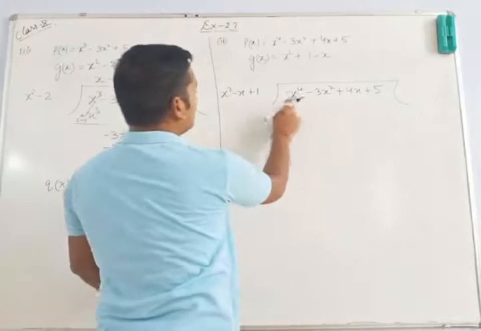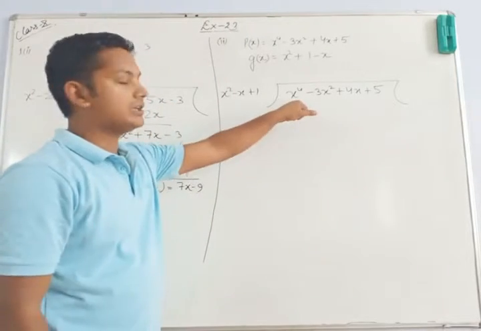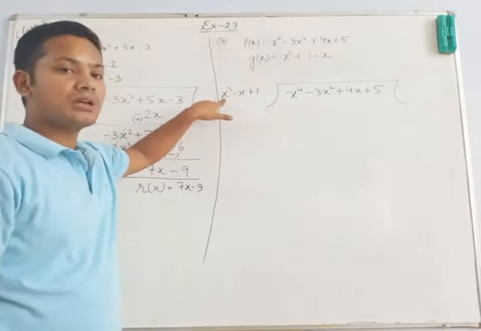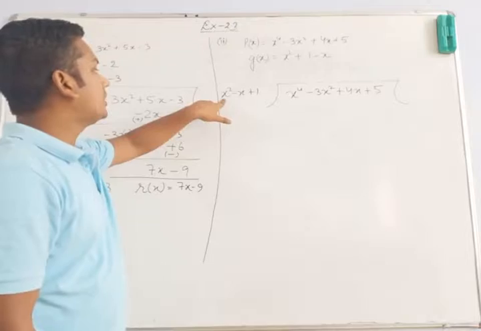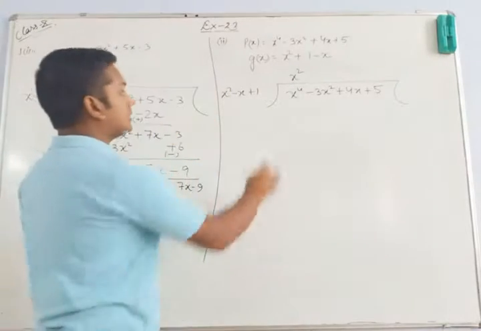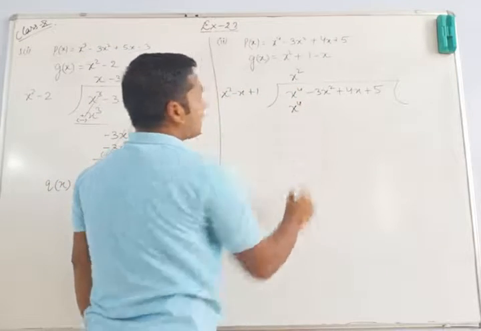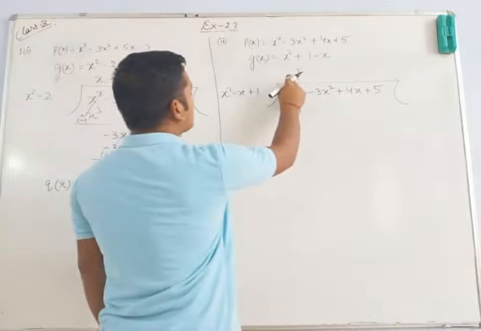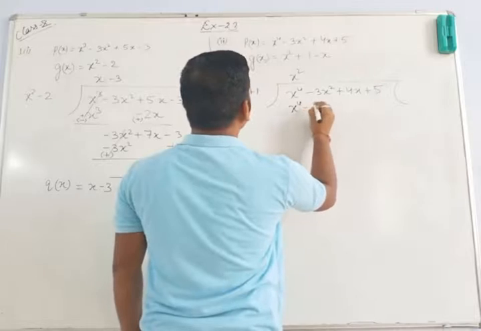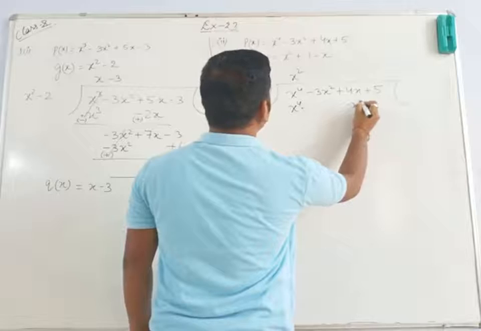Now multiply, we have to eliminate the first term. Okay, basic क्रोनोलॉजी यही है कि हम क्या करेंगे, सबसे पहले फर्स्ट टर्म को क्या करेंगे, एलिमिनेट करेंगे और उसे एलिमिनेट करने के लिए हमें इसे मल्टीप्लाई करना पड़ेगा x स्क्वायर से. ओके, so we will be multiplying at first it with the x square. So what it will give us? X into x square into x square will give you x raised to the power 4. Now x square minus x will give you x cube. So minus, so we will be writing it here, minus x cube.